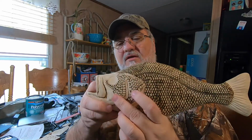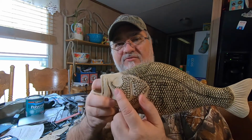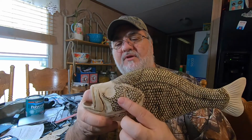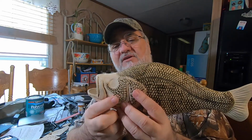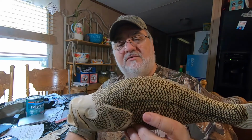But what I've done here to make them look irregular was I hand drew them on, and then I used a little flat burning rounded tip to hand draw these on, and I purposely did them irregular shape to give it that look like they are on a real fish. But anyway,